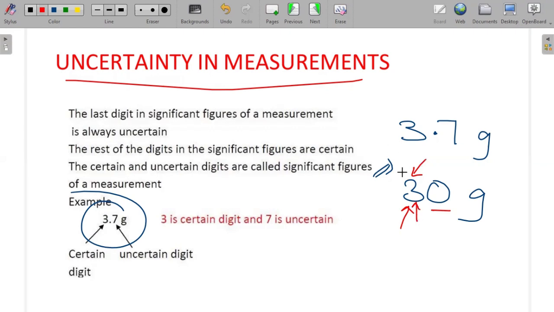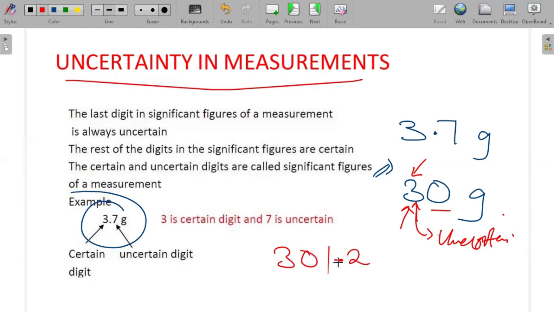So in this case, our uncertain digit will just be what? 3. This will be uncertain. So it means in this measurement, we're not going to have any certain digit. We're just going to have an uncertain digit. So it means that measurement of ours is uncertain. We are not sure of it. All right, if there are any questions there, you can ask. And then let's say you measure something, maybe